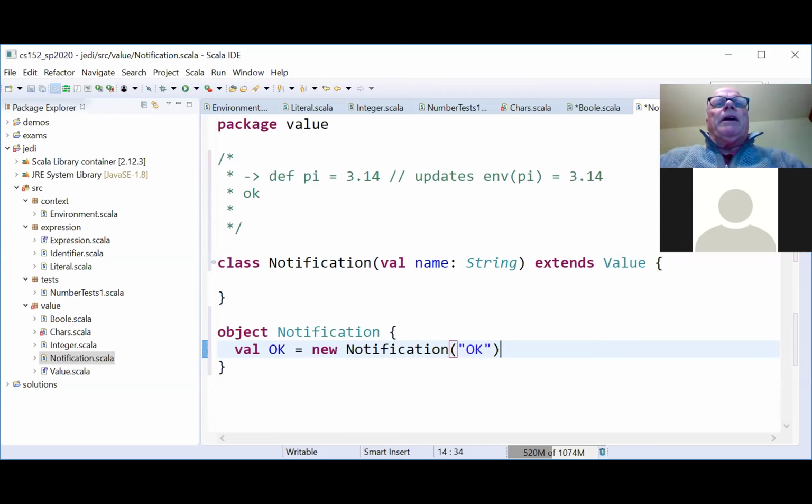Right? Another notification would be done. Another notification might be unspecified. So these are commonly used notifications that for different kinds of expressions we will come into contact with. Okay, done and unspecified. Okay, so that'll be our policy. So hopefully you've followed along here.